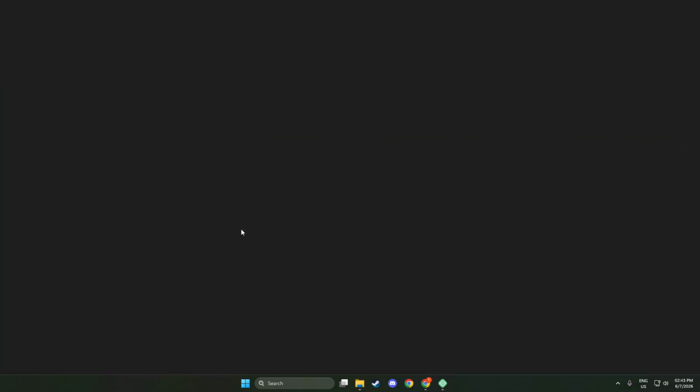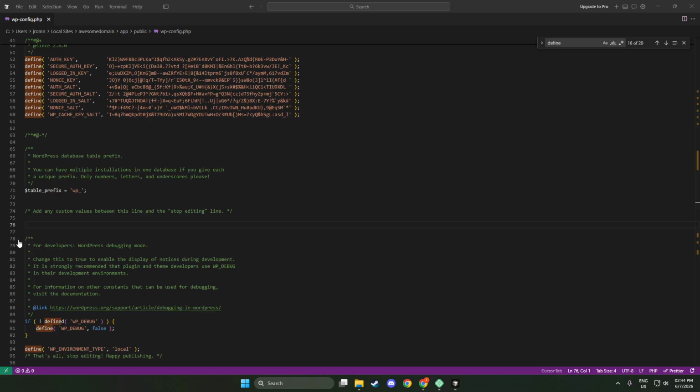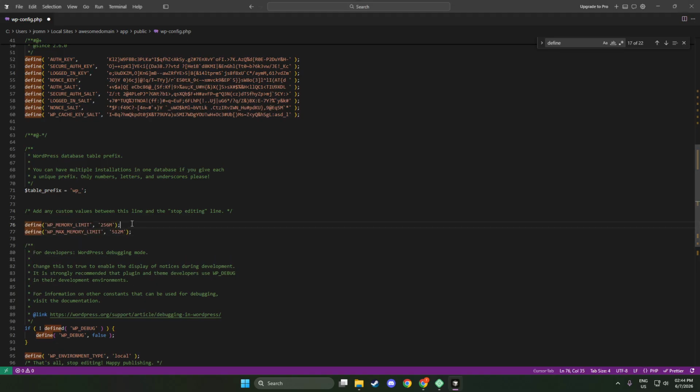wp-config.php, look for a suitable place to add the memory settings. Then insert these two lines exactly as shown. define('WP_MEMORY_LIMIT', '256M'); define('WP_MAX_MEMORY_LIMIT', '512M');